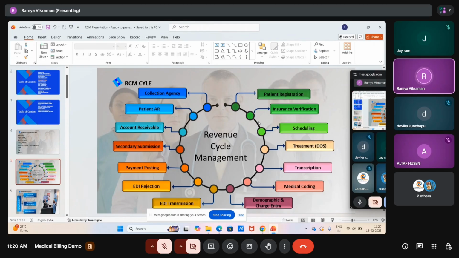Patient registration. How it operates in India when it comes to visiting a doctor is completely different when you compare it to the US. Here you can go and see the doctor, avail the service, pay, and leave for the day. But in the US, unless it is an emergency service, you cannot meet the doctor directly.